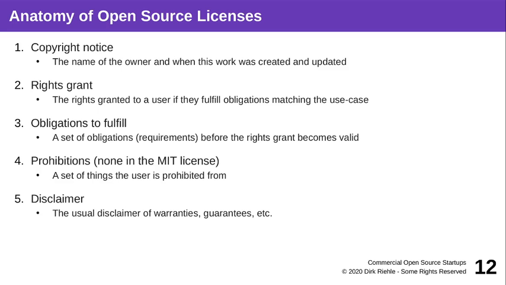So I already said that open source software in the narrow sense is software that becomes open source software if it's put or made available under an open source license. And if you go to the website of the Open Source Initiative, you'll find these 10 requirements of what a license needs to fulfill to be considered an open source license. It could then go through an approval process at the Open Source Initiative to be listed on their website as such.